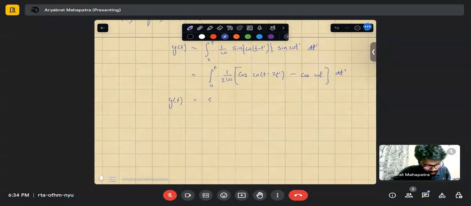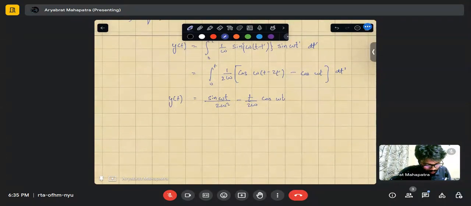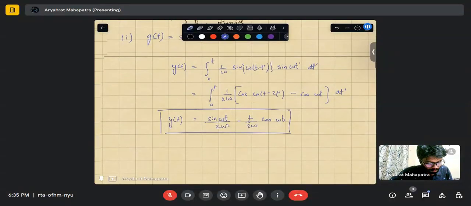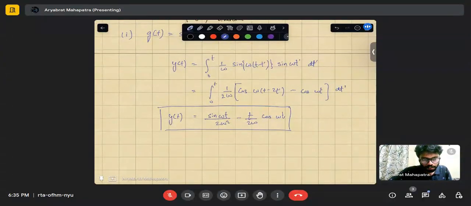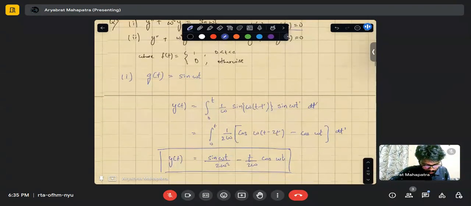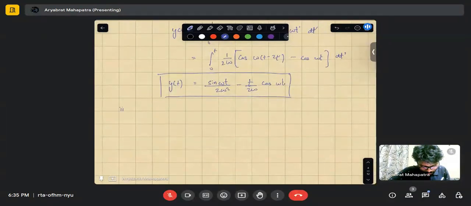You can check it. So this will give you sine omega t by 2 omega square minus t by 2 omega cos omega t. So that is your solution for the given differential equation. That is how you can usually use your Green's functions to get solutions for inhomogeneous differential equations. Then the next question was the case where you have f of t of this form,